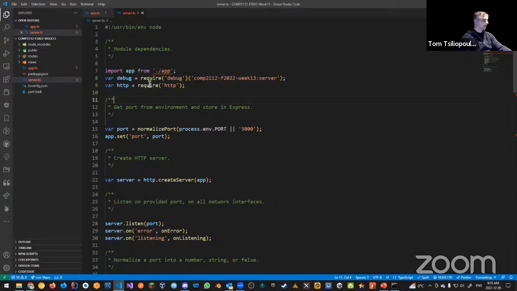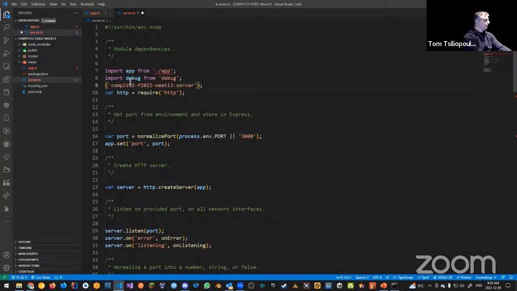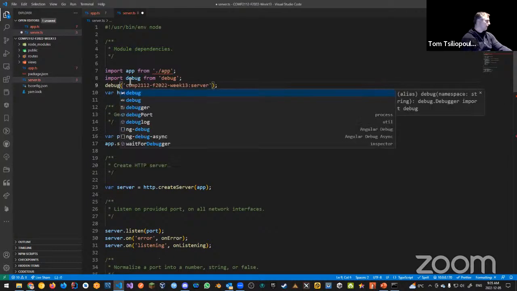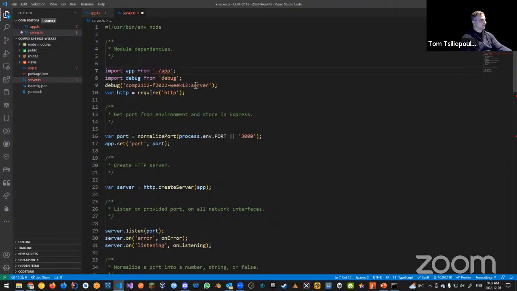Okay. Debug is our application. Remember, debug is our middleware function, a third-party middleware function that's going to allow us to do debugging. We're going to break this up into a couple of lines. So I'm going to say import debug from debug. Okay, and it's good practice to do this anyway. And I want to call the debug by itself, like so. And I'm going to call this whatever the server is, that is the server that we're going to be debugging. Again, we don't really need debug right now, but I'm just making it so it doesn't give us errors.